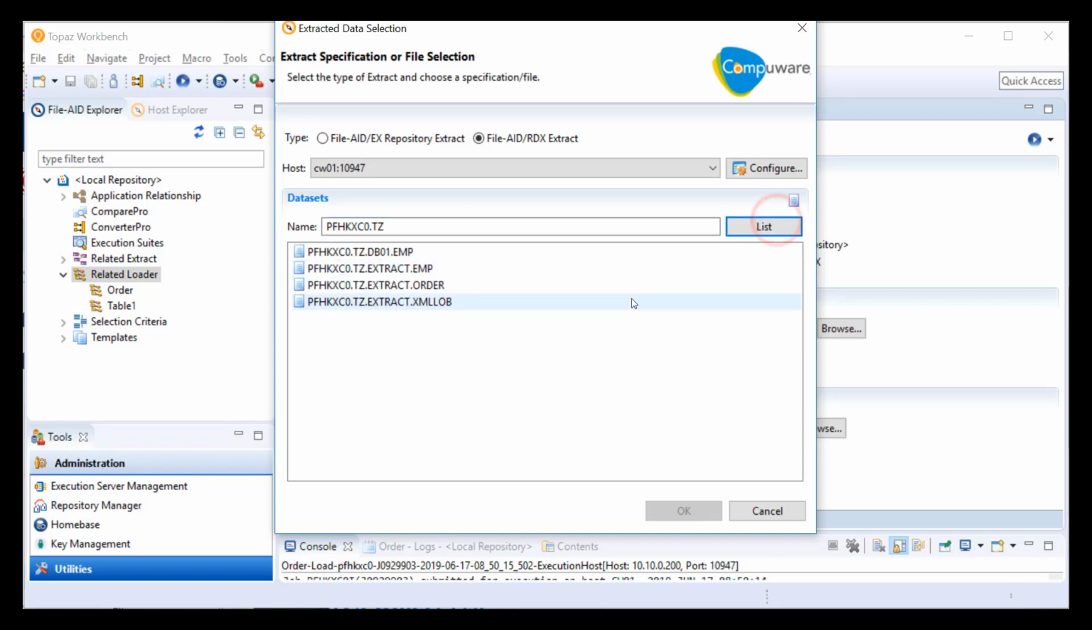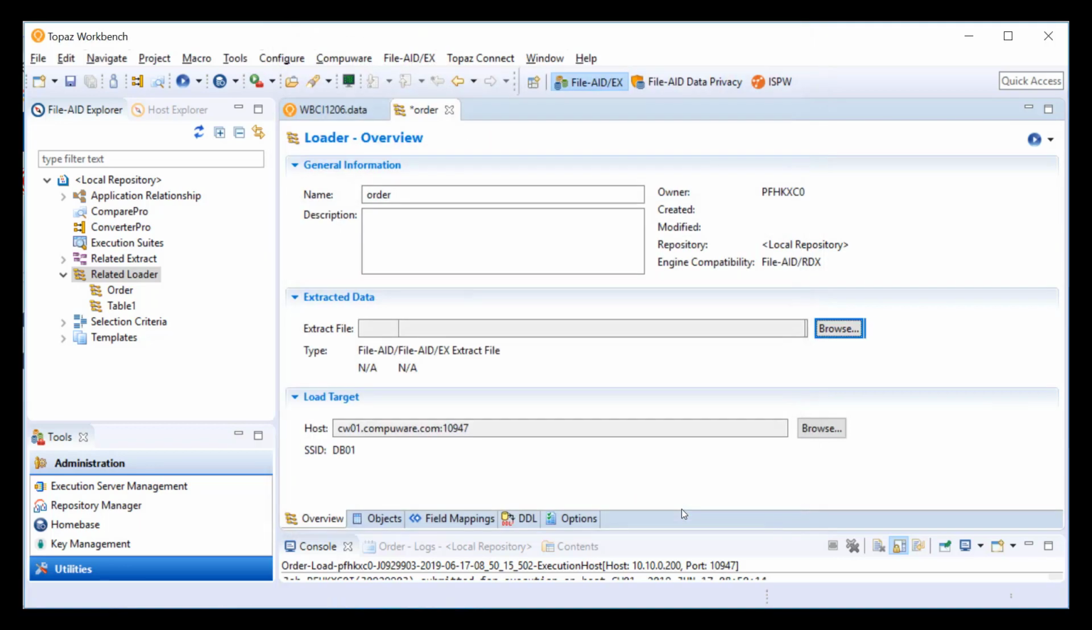We'll select list. That brings us back a list of all of the extract files that meet that high-level qualifier. We're going to select the extract order. Click OK. And now we have all of the information that we need to actually execute the load. Before we do that, let's have a look at some of the other tabs along the bottom of the load